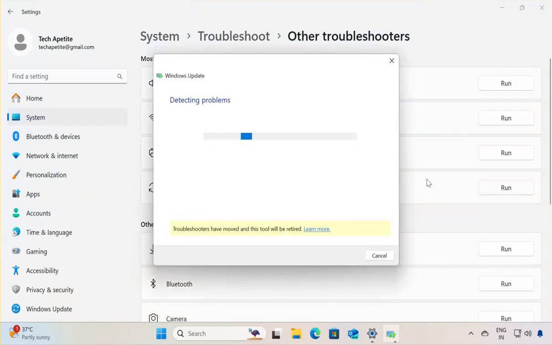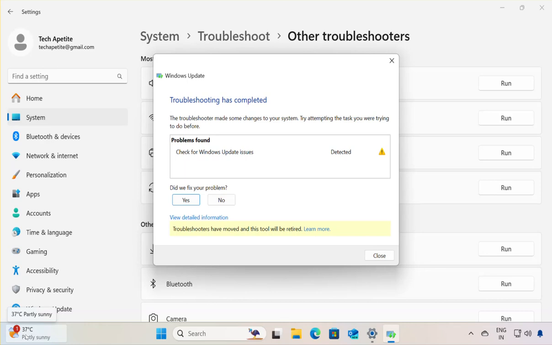Click on run. Now it will start detecting the problems, and if there is any problem in the system it will be shown here. So the troubleshooter has made some changes to the system, and it is asking about something that was detected as a problem, and let's see if it has